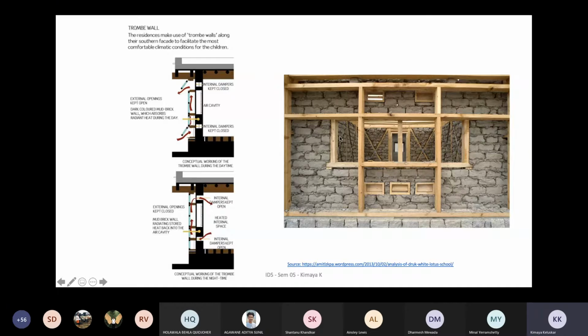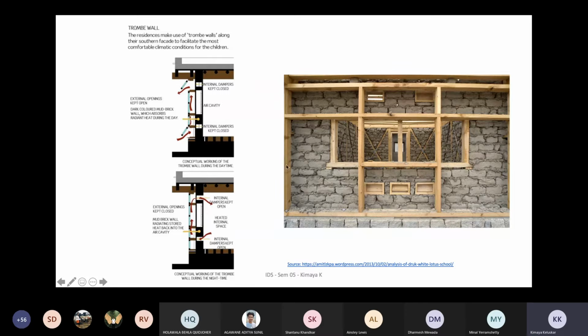Now this is a Trombe wall, and on the right hand side you can actually see the bare framework of the Trombe wall. The below three openings that you can see, and there are top two openings. Now this entire frame will be glazed, so you create a heat space. During the daytime, it keeps ventilating because the sun is at its power, and you don't want to make your indoors very uncomfortable. But in the night time, you close it.